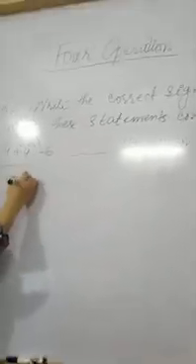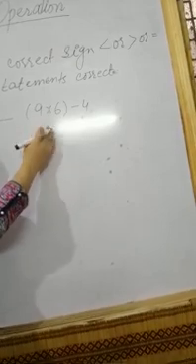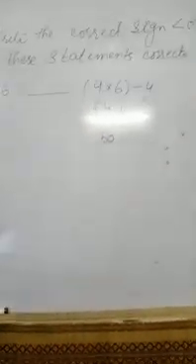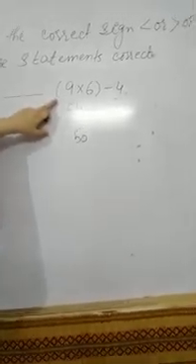This will be 13 minus 6, which is equals to 7. Here 9 sixes are 54, minus 4, which will be 50. So from here, after solving this side and this side, we find out that 9 times 6 minus 4 is greater than 13 minus 6. So we put the greater sign over here.